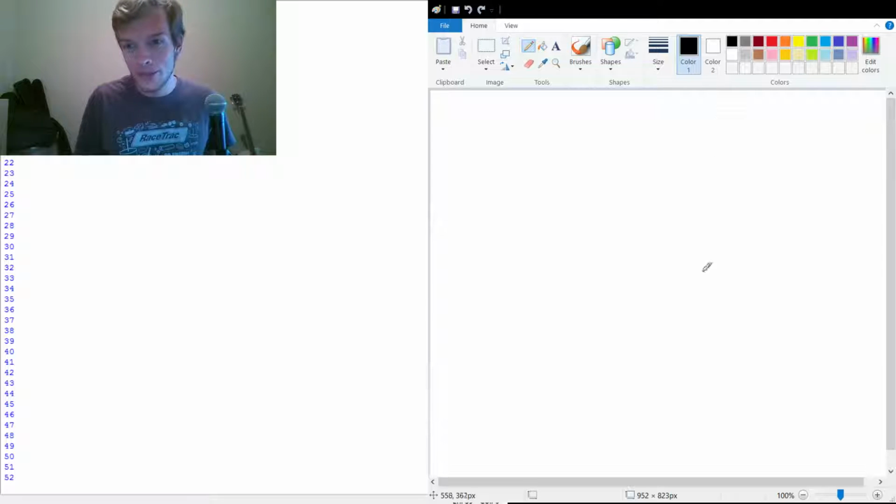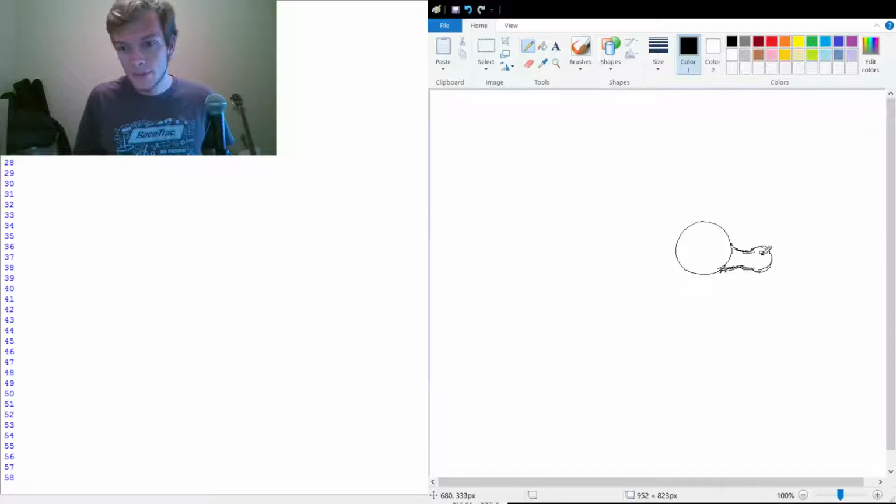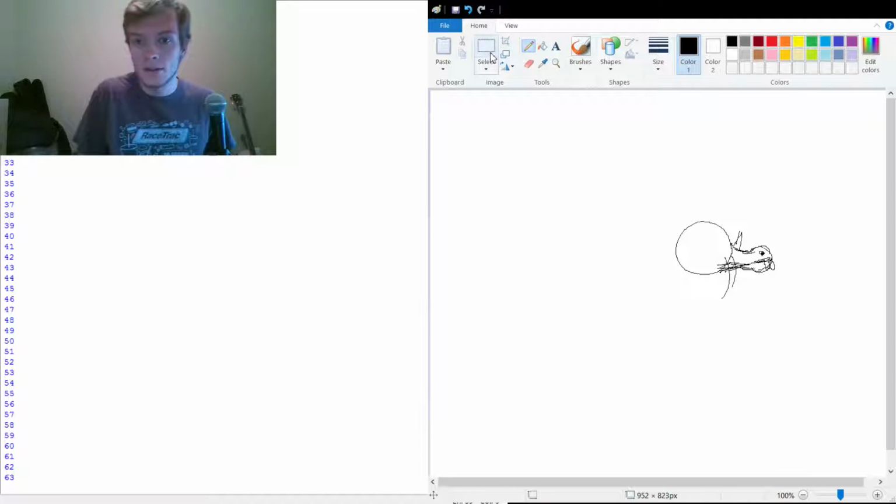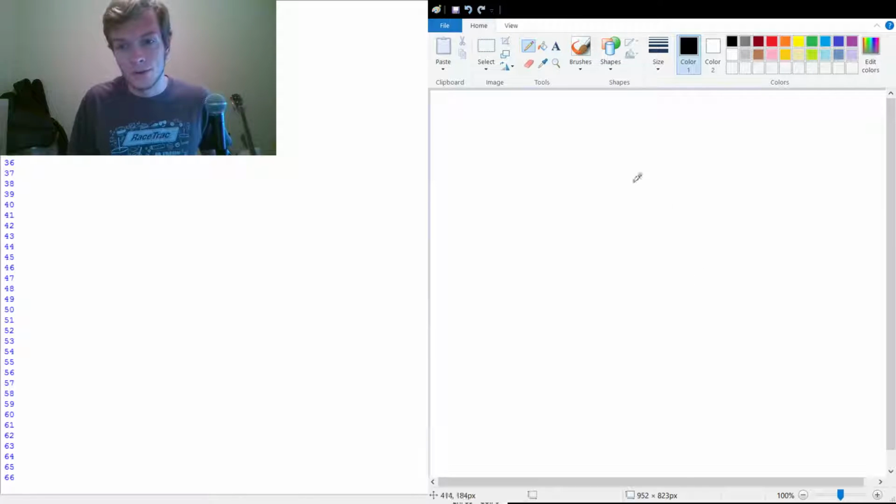So if we have our mouse, we can start with a circle and kind of extend it out here, and so we have that kind of looks like a duck at the moment, but I don't know. We're still working on it. No, I'm going to start over. That looks a lot like a duck or a donkey, or I don't know. Okay, so if we have a mouse,